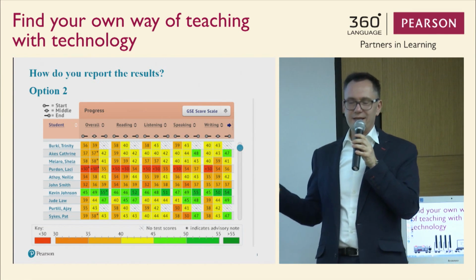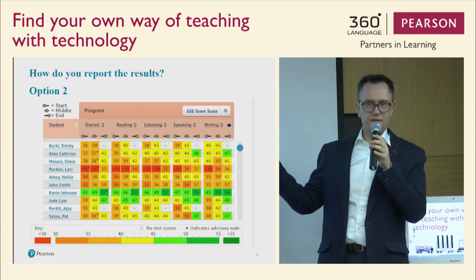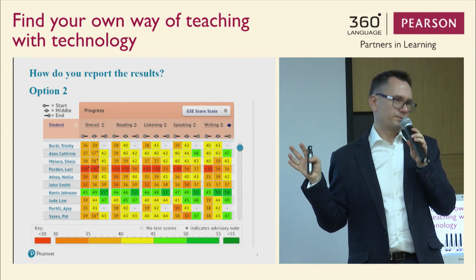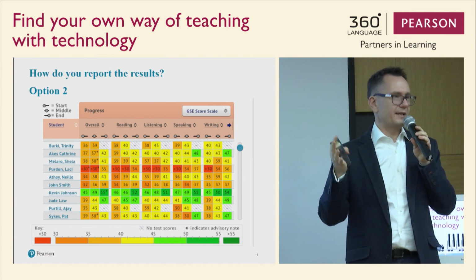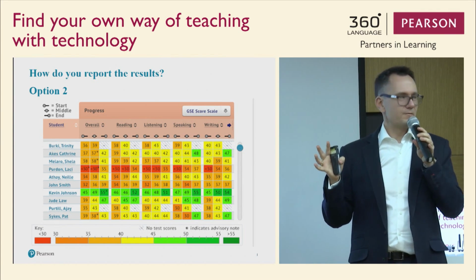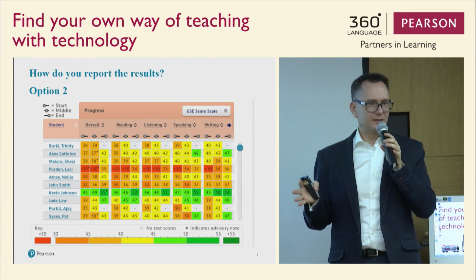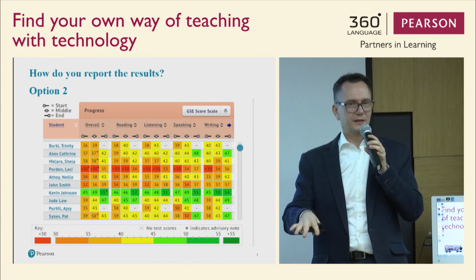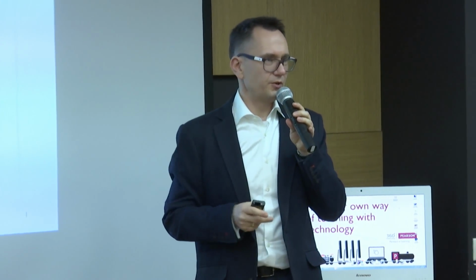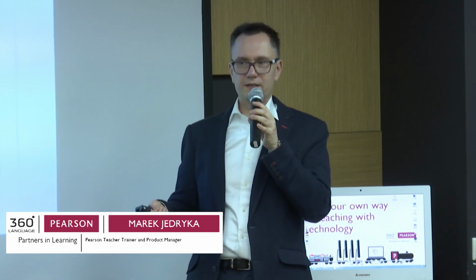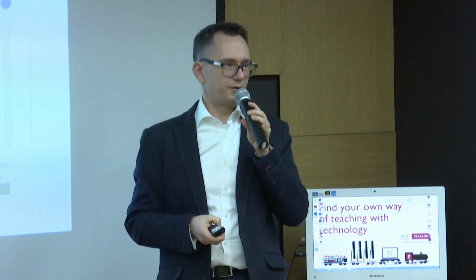There's more information that you can get from this gradebook, from this table. For example, if you just look at the colors, there are two that stand out. Which ones? Red and green. Now, red probably means a warning, yeah? It shows that this is someone whose level of English is lower than the rest of the students. So probably this student is either not working hard enough or should not really be in this group. Maybe the student should be studying in another group with lower level